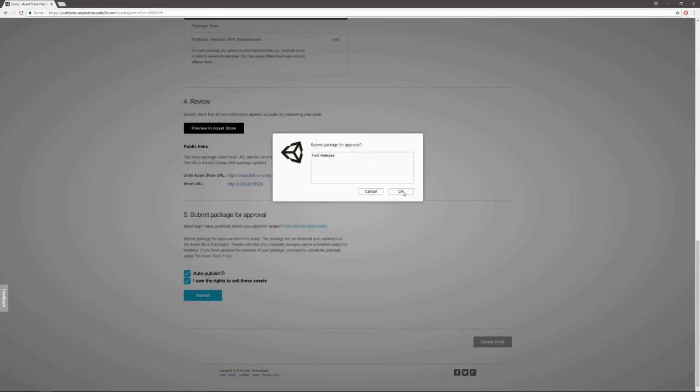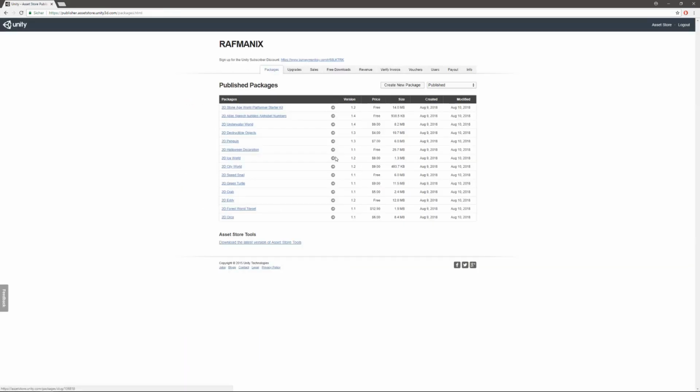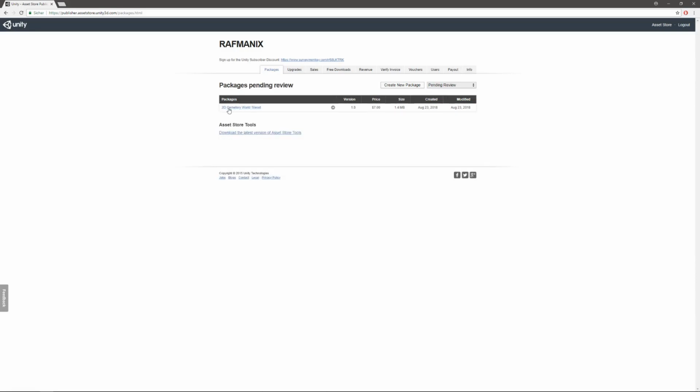We write here first release. Click OK. That may take a while. When it is done, you find your package here on the top under pending preview. This can take between 1 or 2 weeks.